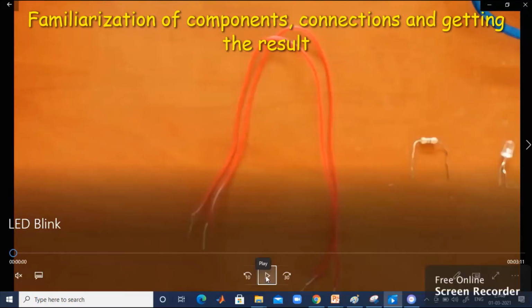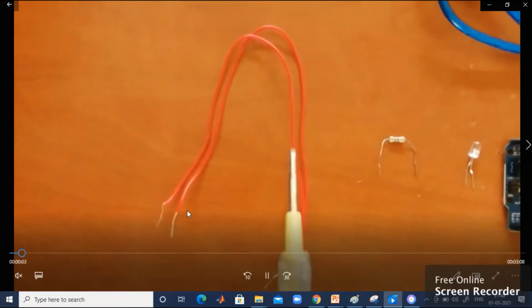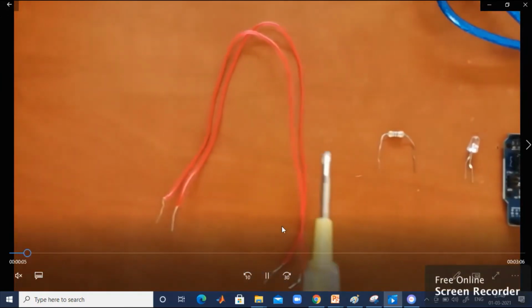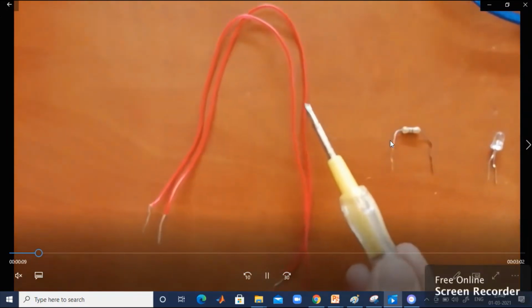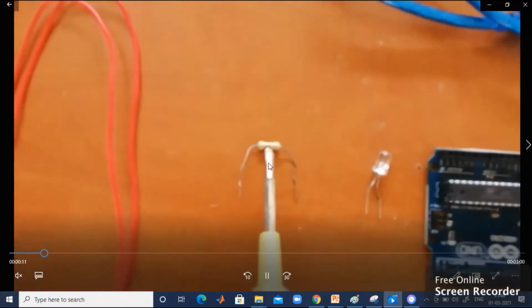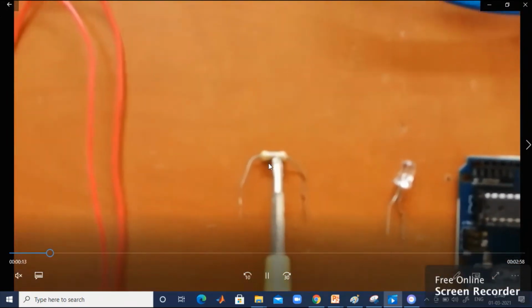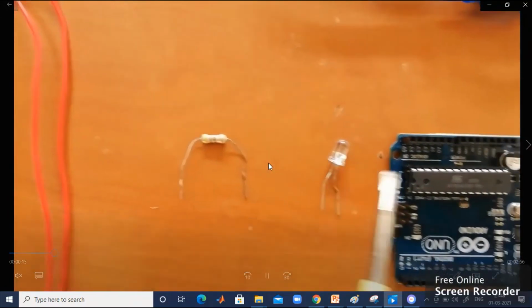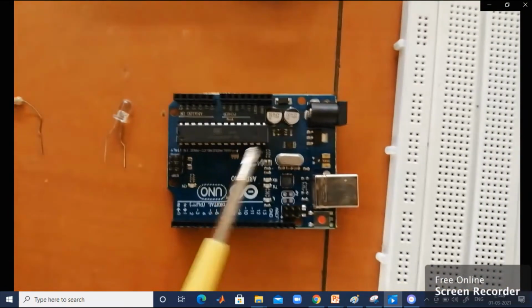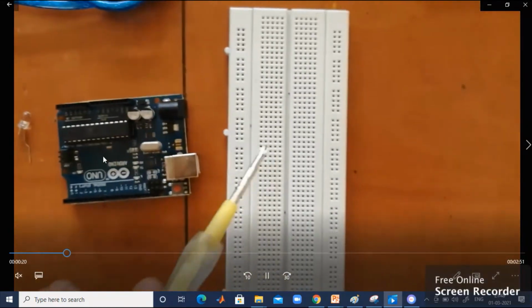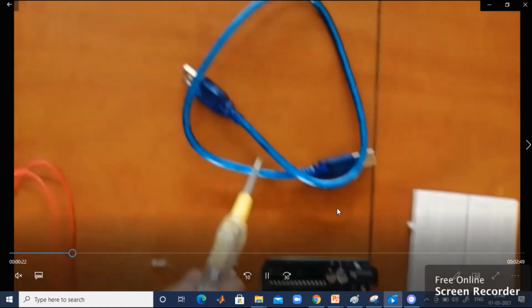Now let's understand how to do the programming with the help of Arduino. So you can observe what components are required. We need one connecting wire. Okay. Then one current limiting resistor. For the current limiting resistor you can take 470 ohm. So that is given here. Then we require one LED. Then Arduino board is needed. Arduino Uno we are going to use. Then breadboard. Then USB cable.